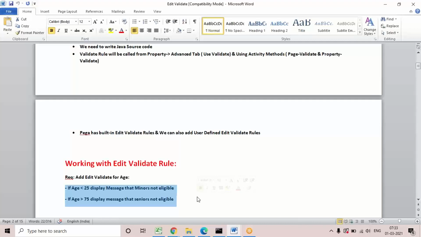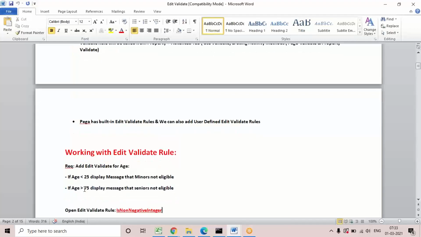For every limit, if you want to set a different message, I can go for the edit validate rule. So here I want to set a message condition: if less than 25, display a message like not eligible, and greater than 75, display a message like seniors not eligible for the policy. Okay, so here I want to show you.